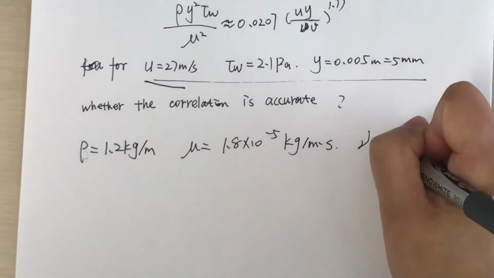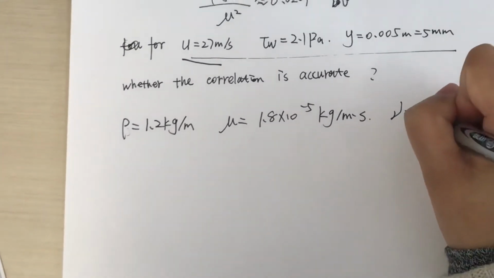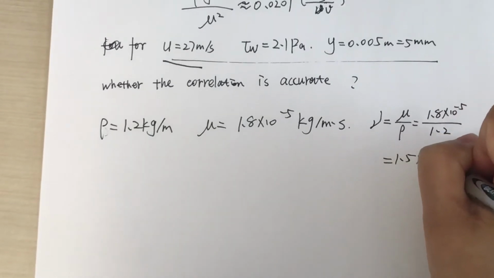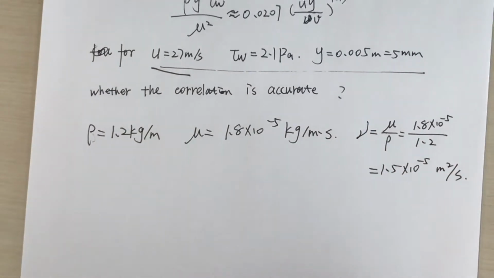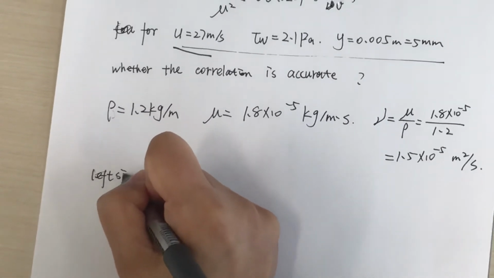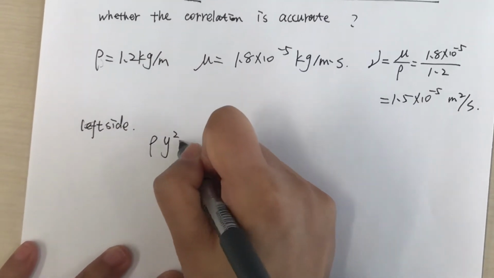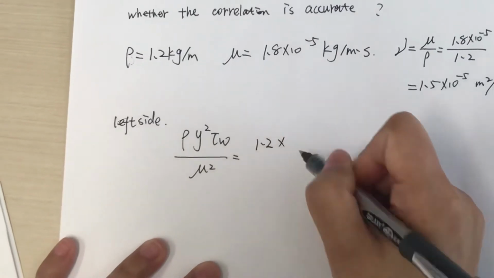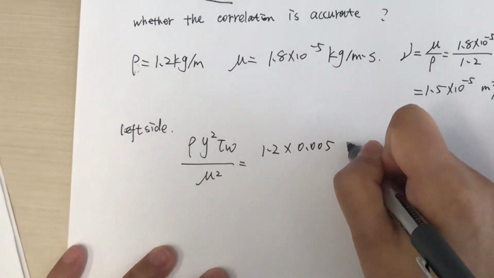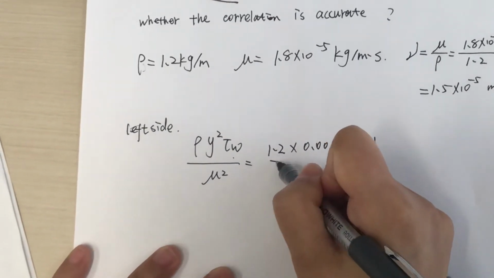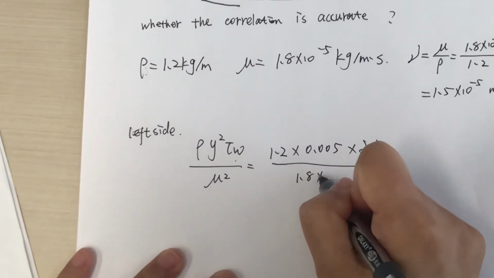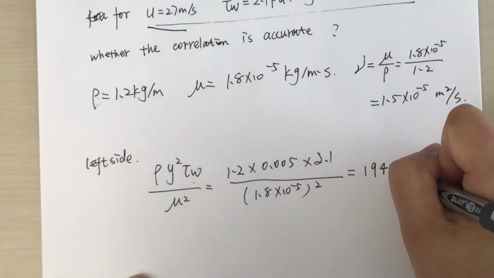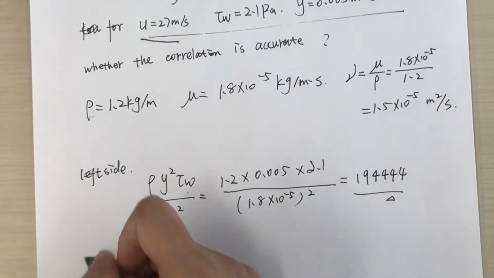and the kinematic viscosity. Then for the left side, rho y, plug the value into it. Y is, the shear stress is 2.1, the viscosity, and you can get the answer. The result is here. And for the right side,